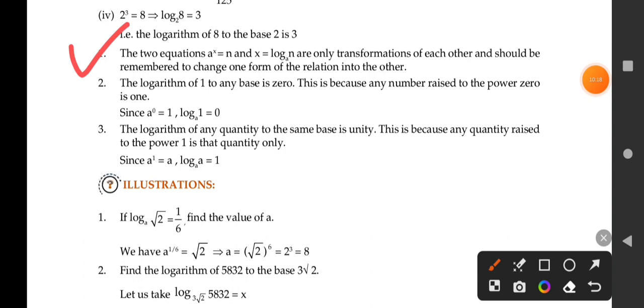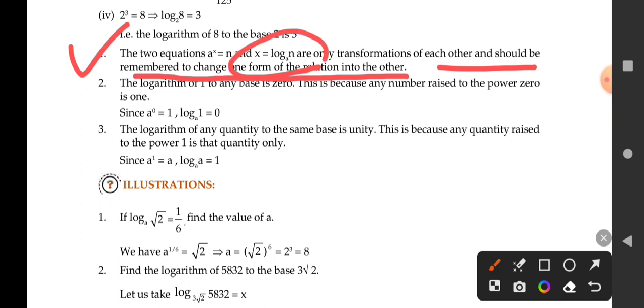What do we have? The two equations, a power x is equal to n and x is equal to log n to the base a, are only transformations of each other and should be remembered to change one form of the relation into the other. If the logs are given, you should be able to convert it into normal